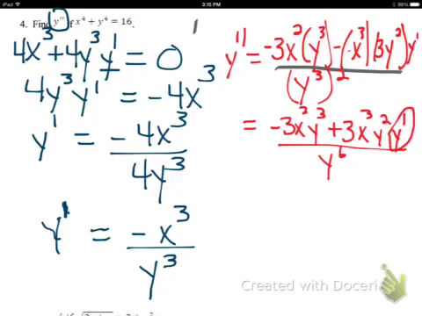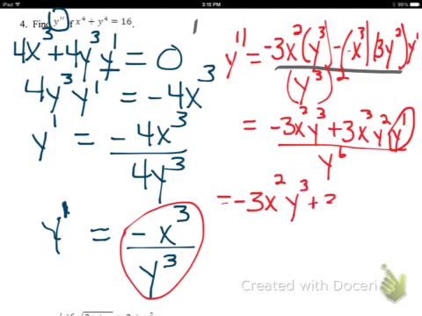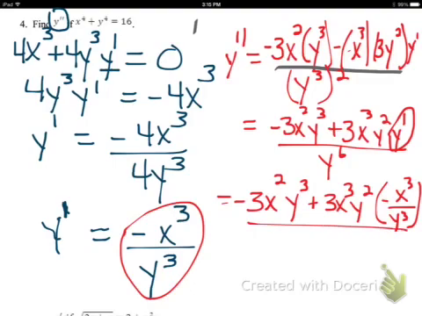Now I know that y prime from before is negative x cubed over y cubed. So my last step would be to plug that in. So I have my second derivative just in terms of x and y. So y prime is negative x cubed over y cubed, all over y to the sixth. And then you can simplify that last term. So you'd have what? Negative 3x squared y cubed. Now it would turn into minus, because I have that negative again. So it would turn into minus 3x to the sixth,